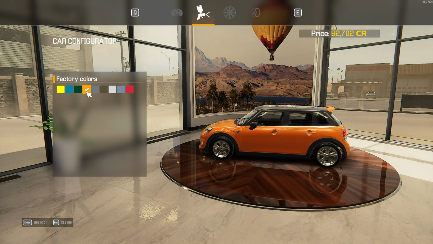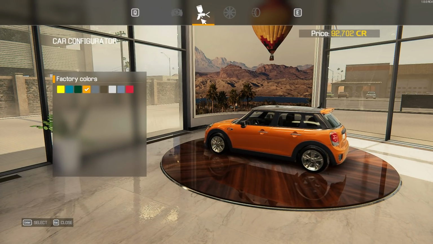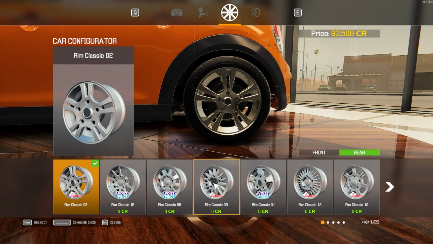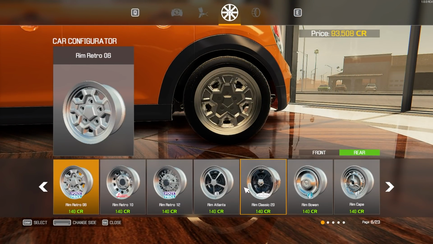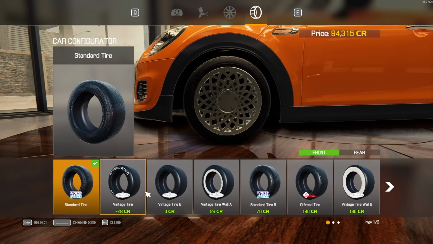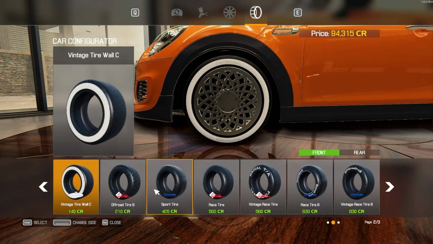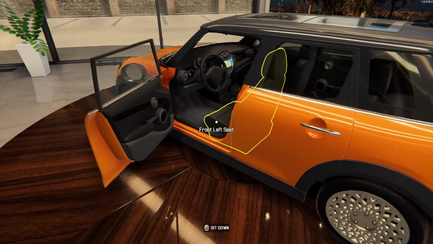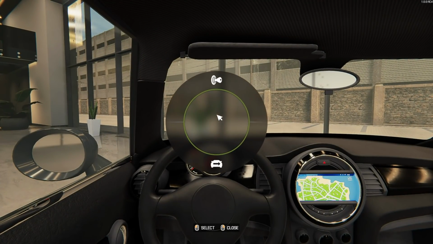So let's buy ourselves a Griffin Tyro, and you can customize it exactly as you want. So let's go for some orange paint. We can pick a different type of wheel. We can also change different wheels for front and rear if you are into that. But for now, I'm just going to keep them all matching. And we can also pick the tires. I'm just going to go for some sports tires front and rear. And so here's our car that we spec'd up. We can take a look around, sit in it, turn it on,